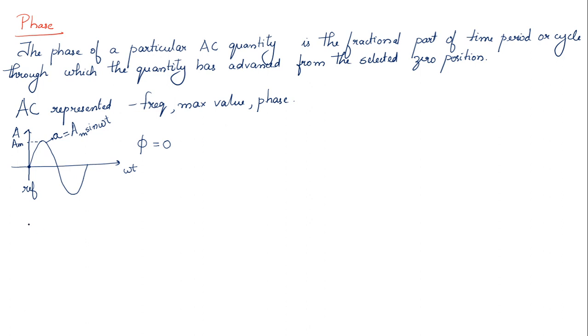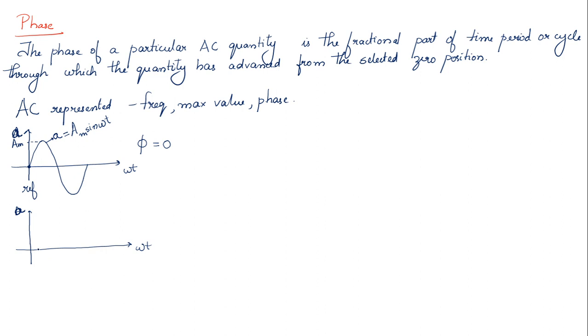Next I am going to draw another waveform. Here you can see the same A, I have taken small letter a. We are using small letter a to represent the instantaneous value. Whether it be voltage, we will represent it as v, or i if it is current. Now I'm going to draw a different one here.